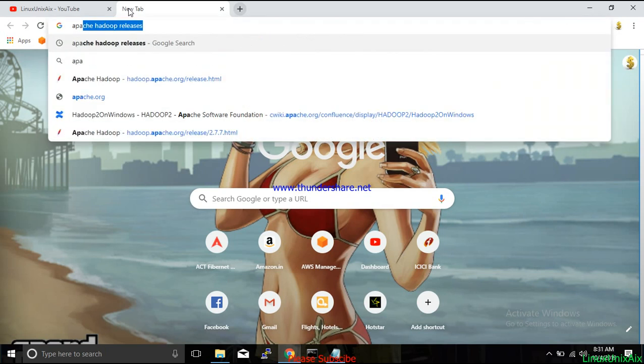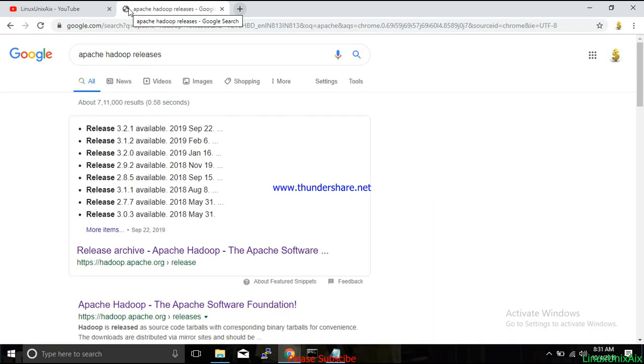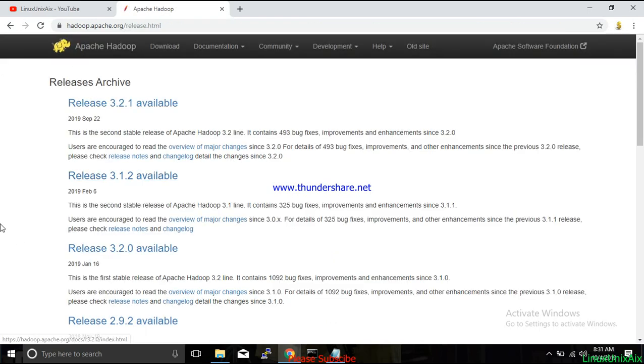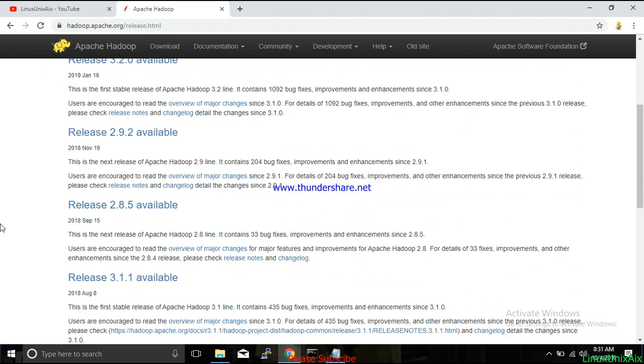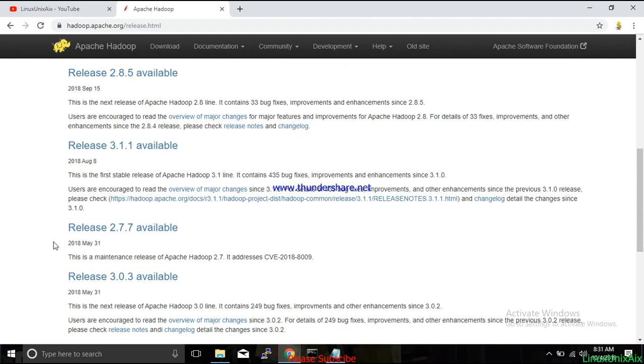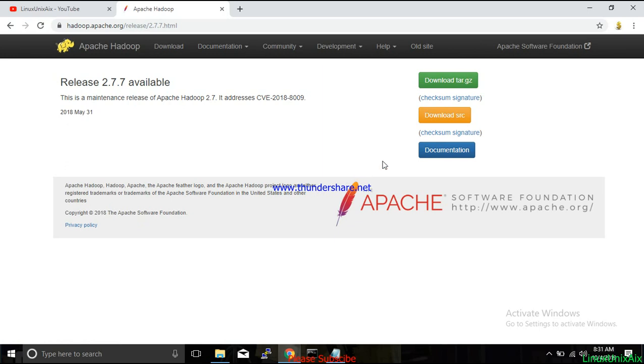That is quite similar to Linux. You can download any latest version, but for this tutorial I'm going to use 2.7.7, which is a very stable release. Just go and download this file, the tar.gz. Once you download this, what you have to do is